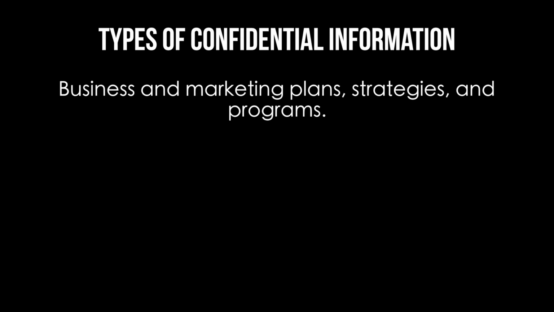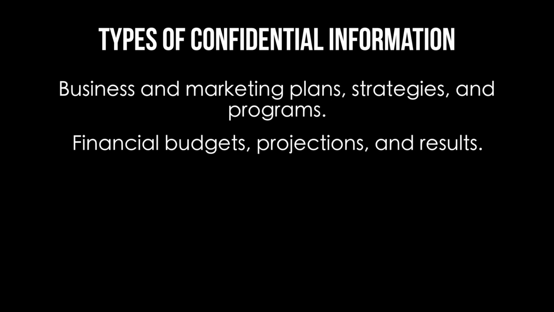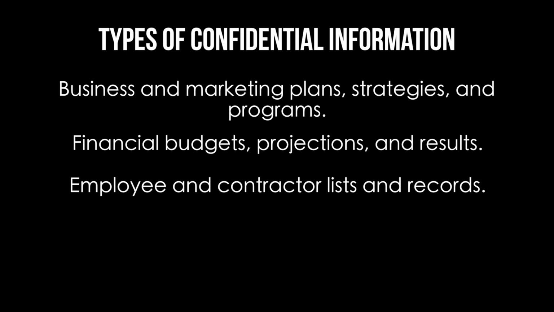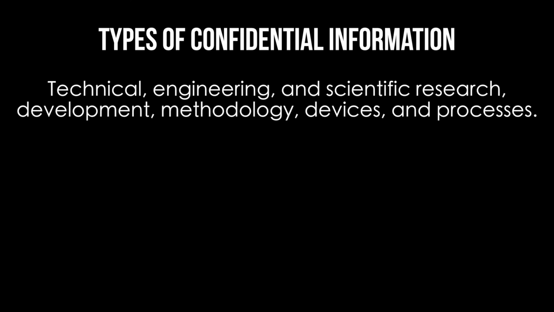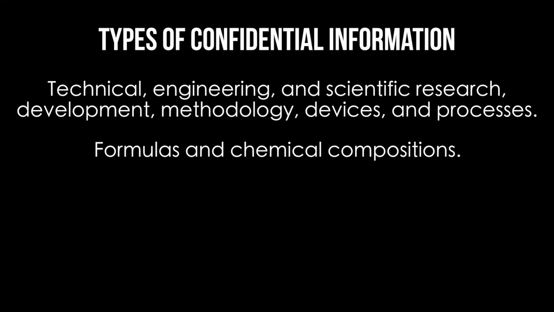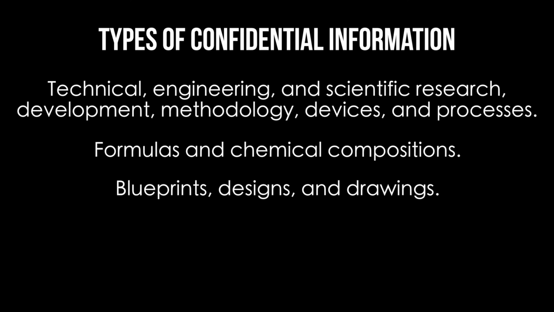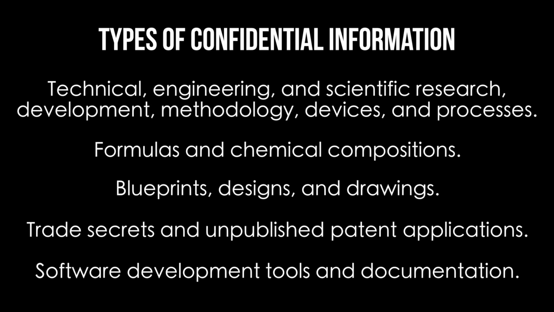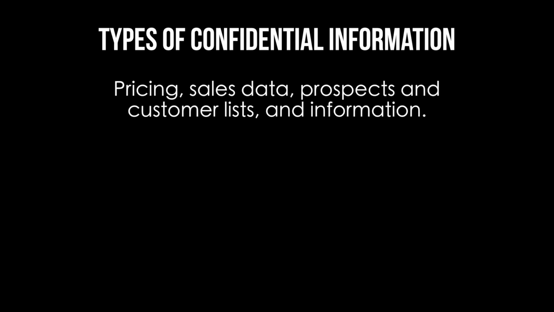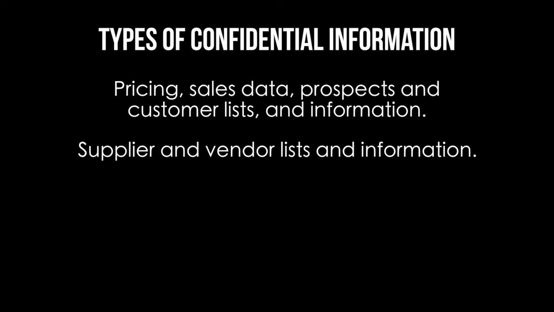Confidential information. The types of information that are commonly defined as confidential include business and marketing plans, strategies and programs, financial budgets, projections and results, employee and contractor lists and records, business methods and operating and production procedures, technical, engineering, and scientific research, development, methodology, devices and processes, formulas and chemical compositions, blueprint designs and drawings, trade secrets and unpublished patent applications, software development tools and documentation, pricing, sales data, prospects and customer lists and information, supplier and vendor lists and information,